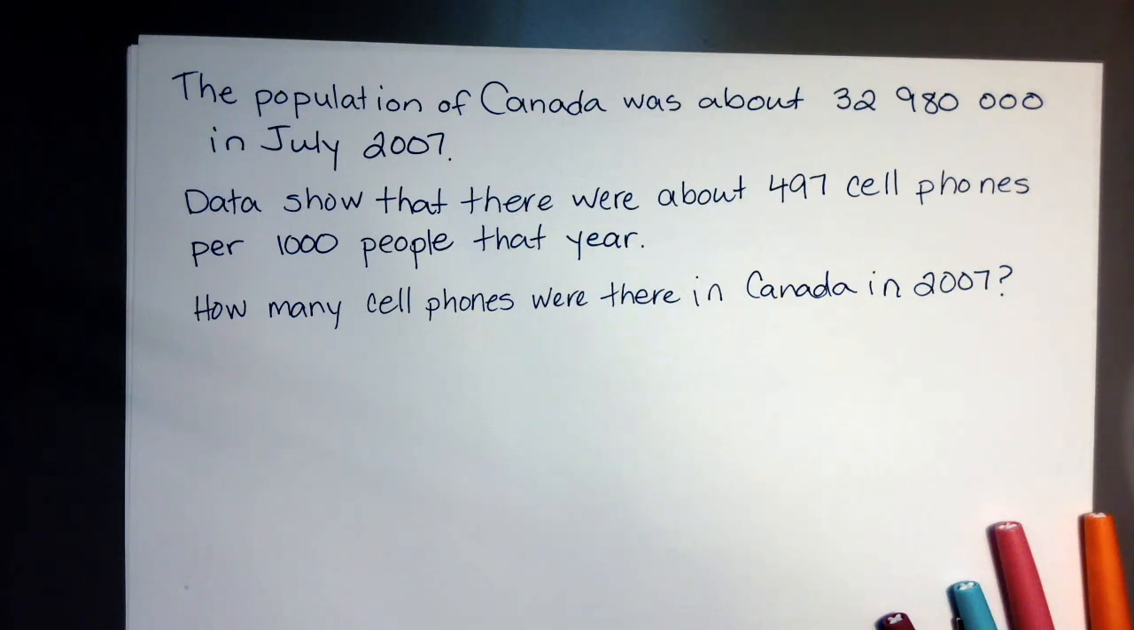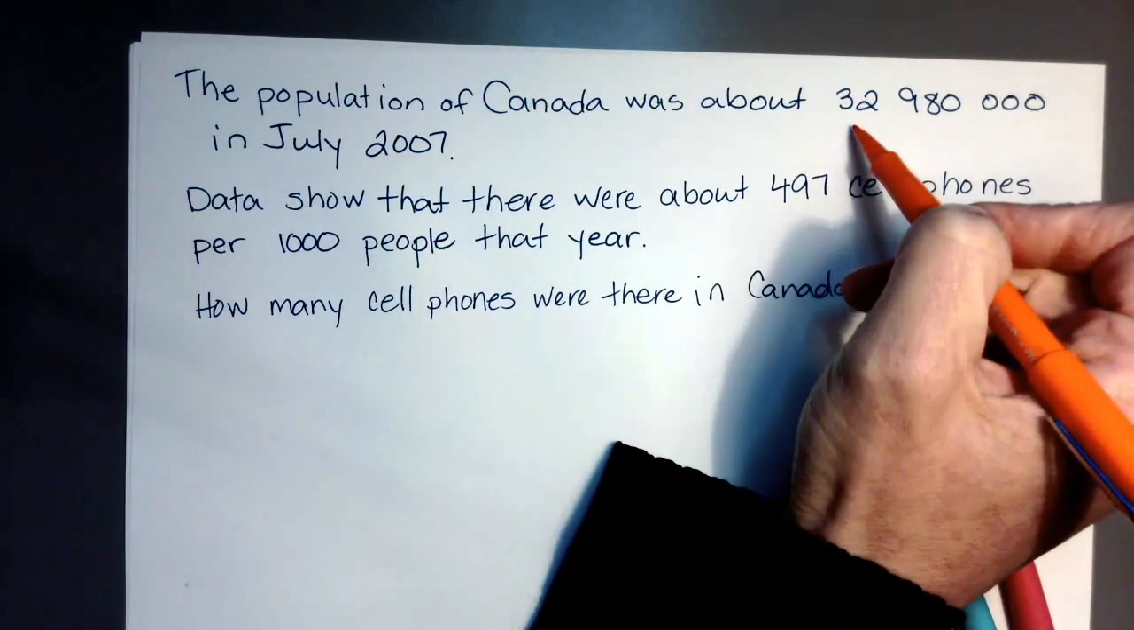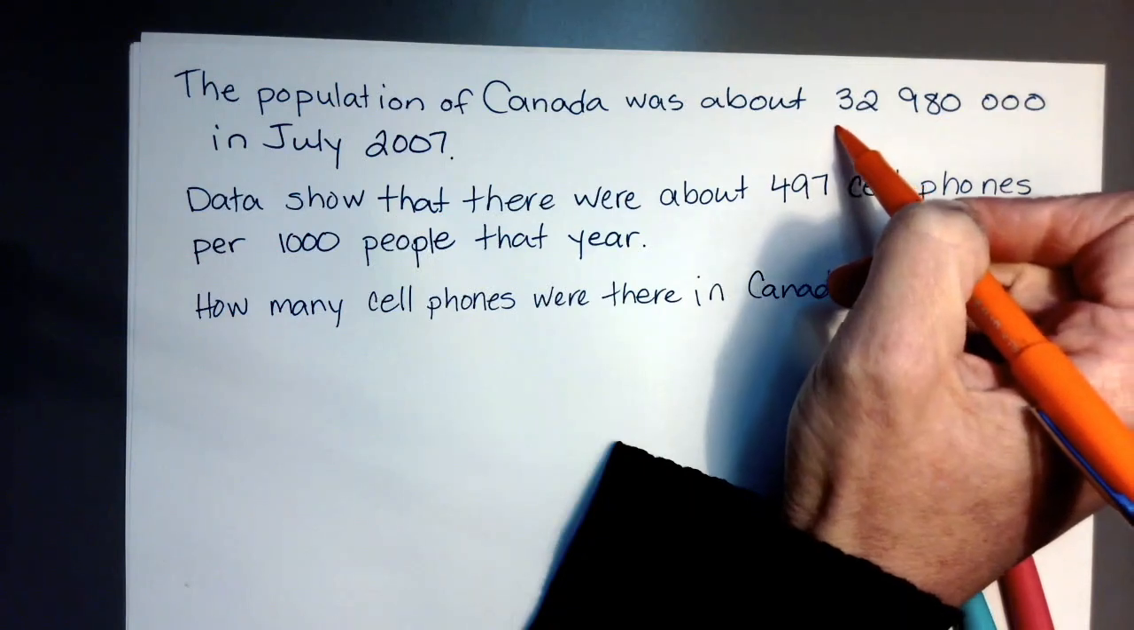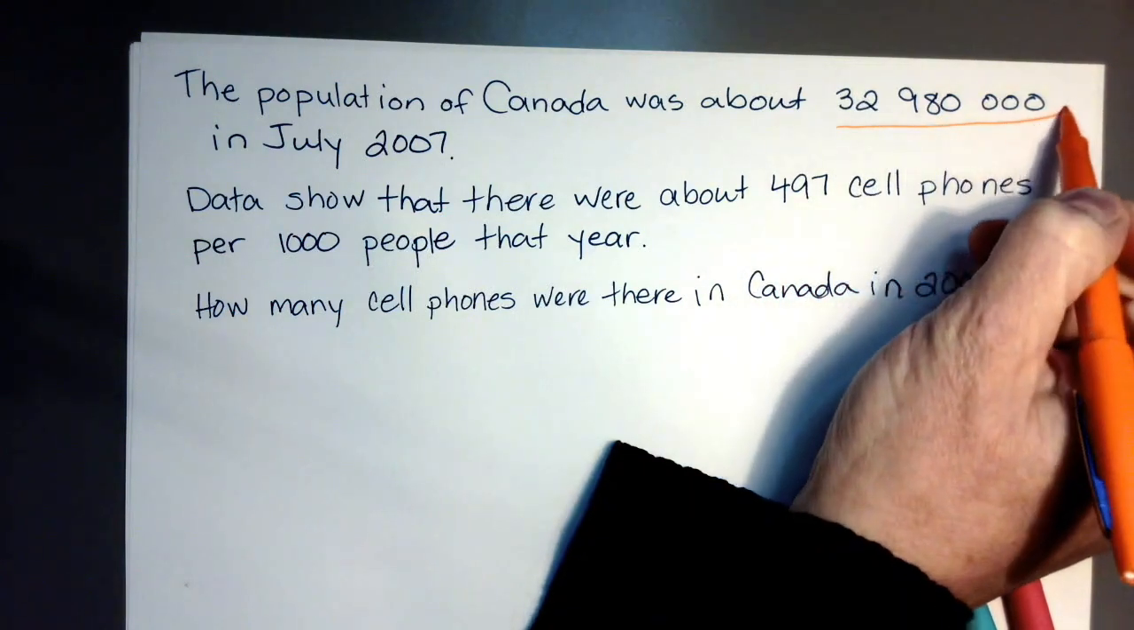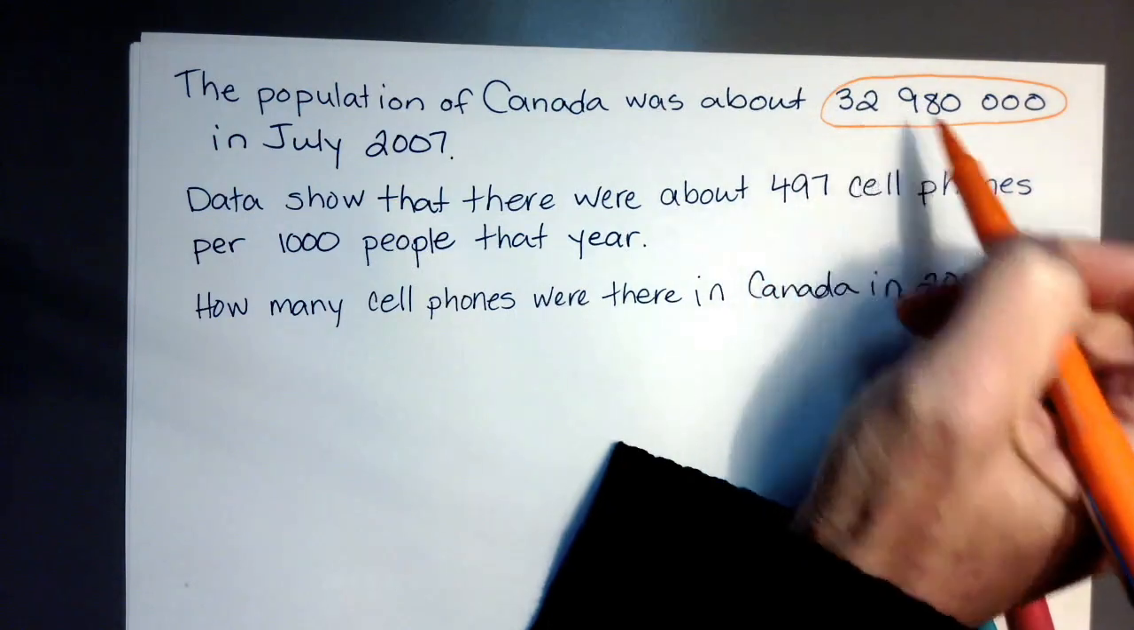So one of the things that I recommend for solving problems is to highlight the most important information. And you don't have to actually use a highlighter, but just in some way draw attention to the things that you need to know for your problem. Now, it's math, so numbers are probably going to be a really big part of what we need to know. So I have a number here, 32,980,000. I'm going to circle that number so that I can come back to it